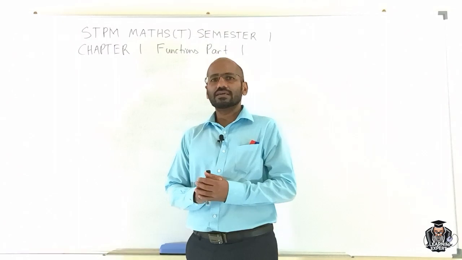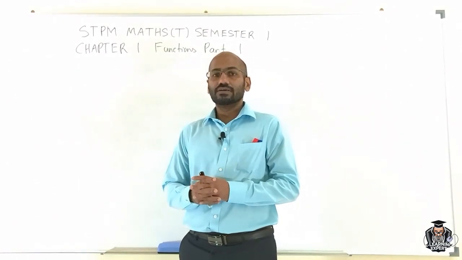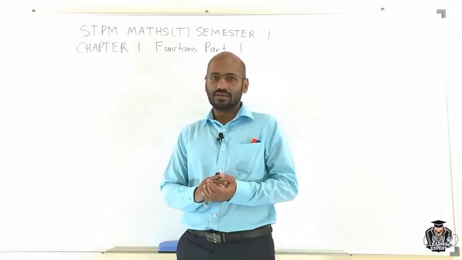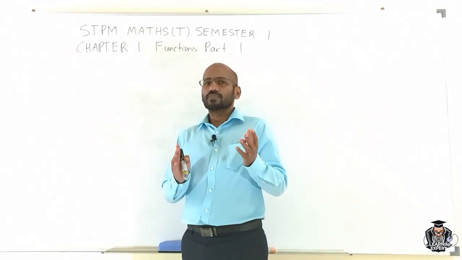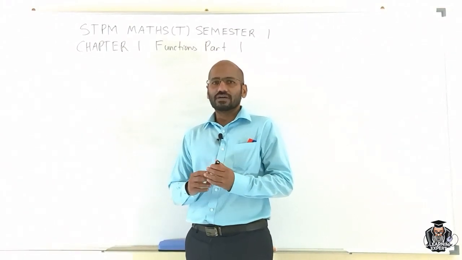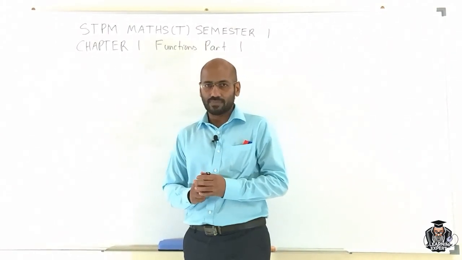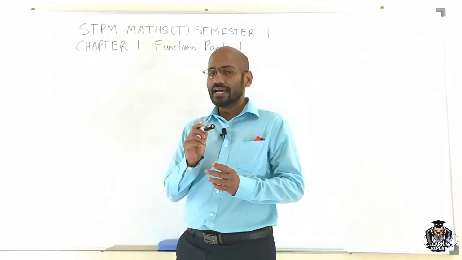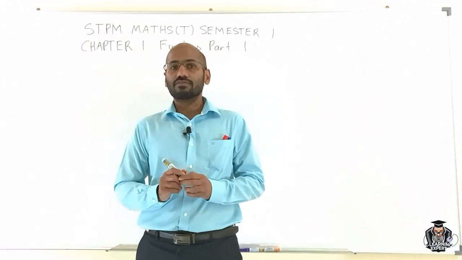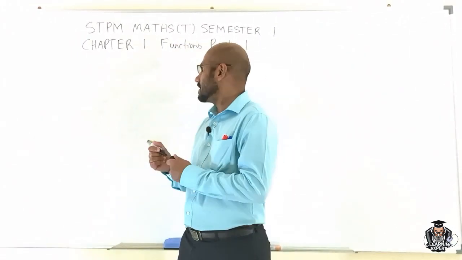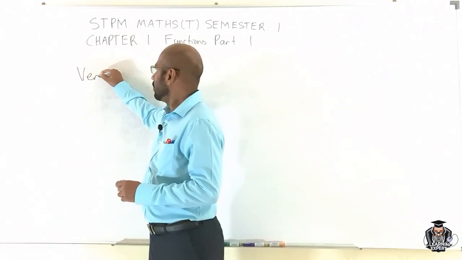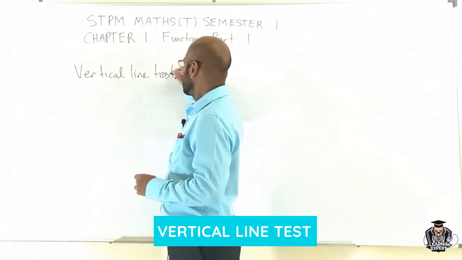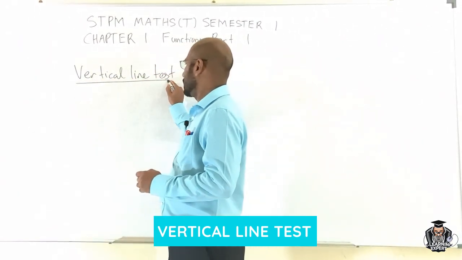We have already seen what is meant by a relation, the different types of relation, and also a couple of examples on functions as we just saw. Now, how do we define if a given relation is a function? Bear in mind here, not all relations are functions. So to test if a given relation is a function or not, there is something that we call a vertical line test. This is a very simple test here, guys and girls.